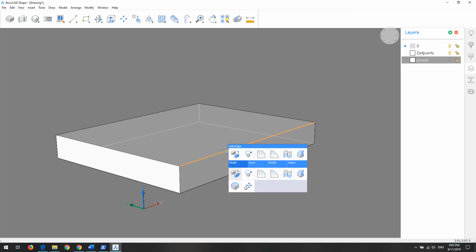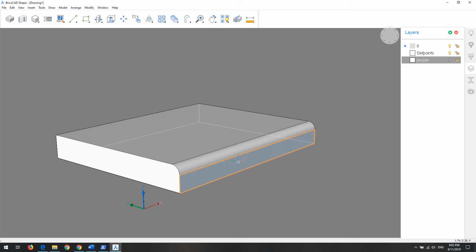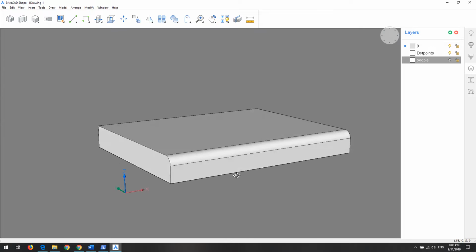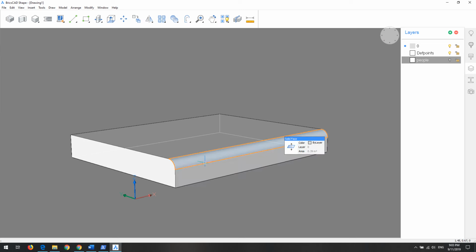I want to go to model and fillet. Once you click fillet, you can visually define the fillet, and you can also see the parameter for how much you want. So we can type it in, let's say 0.1. Now we have this fillet applied to our slab of something. It's nice, right? When I was talking about direct modeling, actually this shape is generated based on mathematical